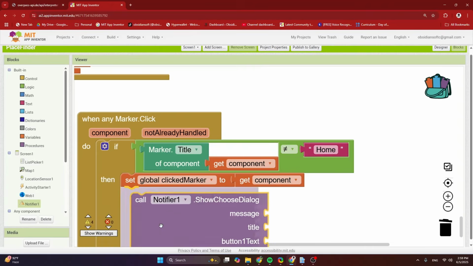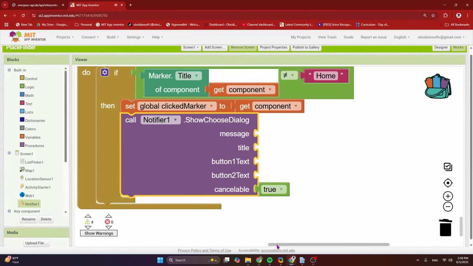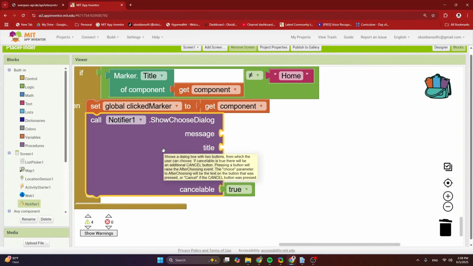So this is something new that we have not done before. This is something that you are learning for the first time, how to show a choose dialog.